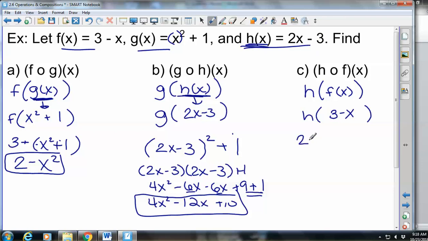So now I am going to h. H is 2 times something minus 3, and you are plugging 3 minus x in there. So if we distribute, we get 6 minus 2x minus 3, which is